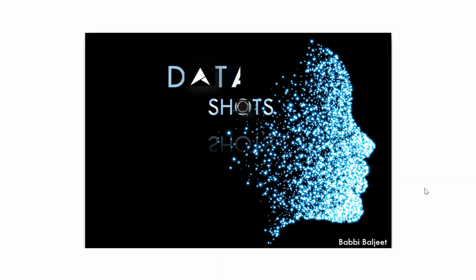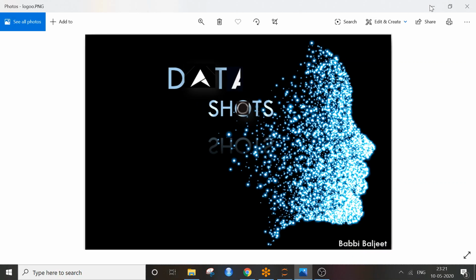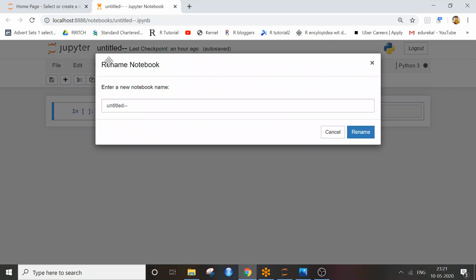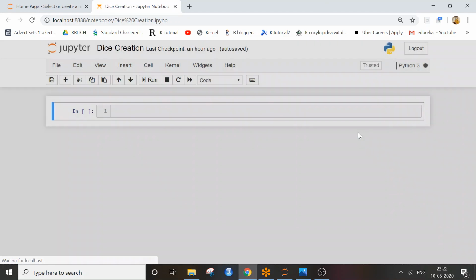So let's start. I am using Jupyter Notebook interface here. Dice creation. A dice is a small throwable object with marked sides. As you know, they are used for generating random numbers.